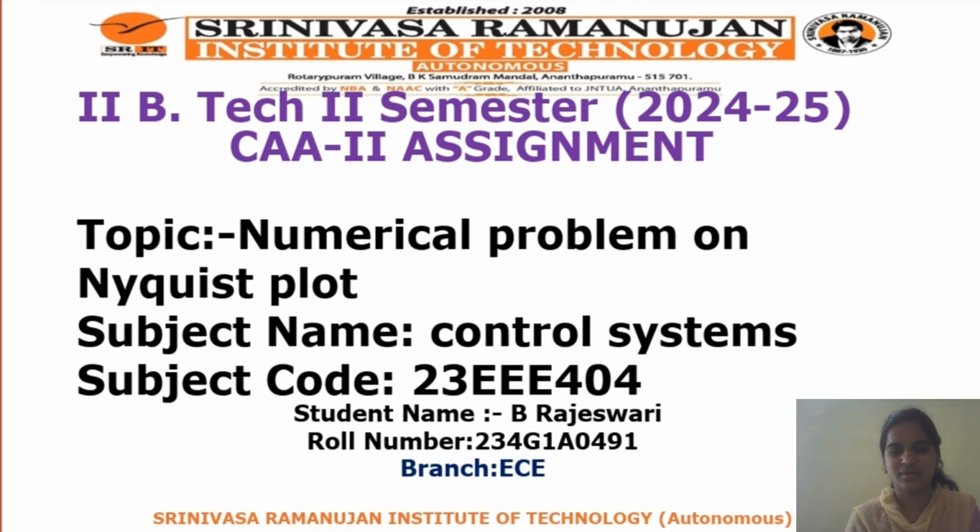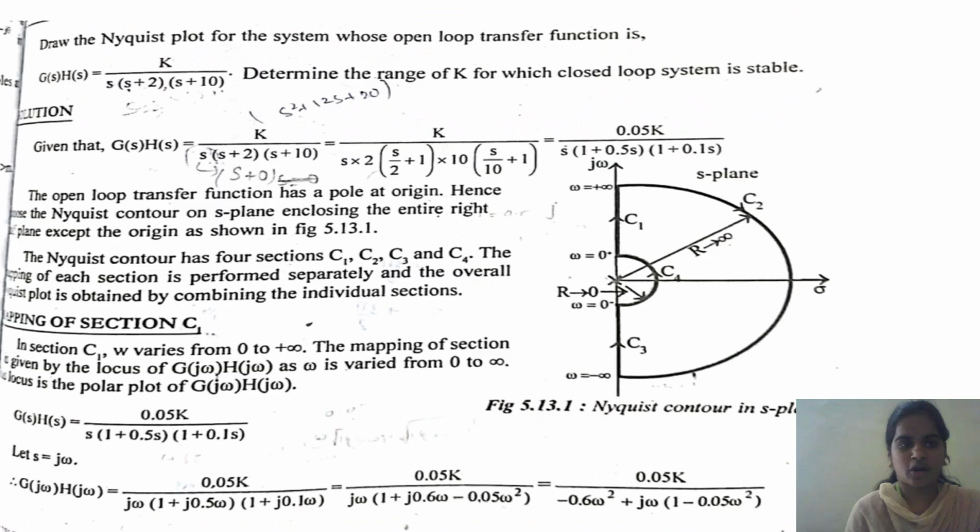Here my topic is numerical problems on Nyquist plot, subject control systems. Problem on the Nyquist plot. Draw the Nyquist plot for the system whose open loop transfer function G(s) is equal to